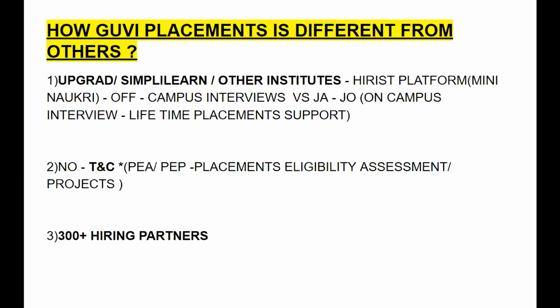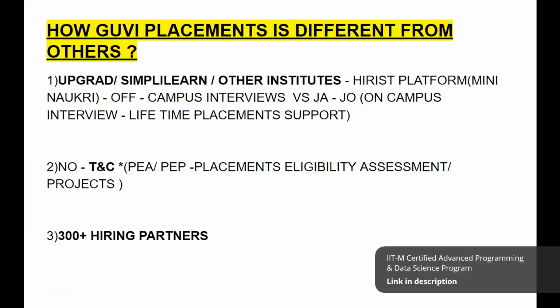That's how it's going to be working on. And there is another thing also which you don't know. There are a lot of institutes who will tell you, I will guarantee you, I will give you money back guarantee if you're not getting placed. So that is the institute, that's how they're working on. But what you don't know basically is there is something called terms and conditions, or an asterisk mark that they put on. So that is nothing but something called placement eligibility assessment or placement eligibility project,